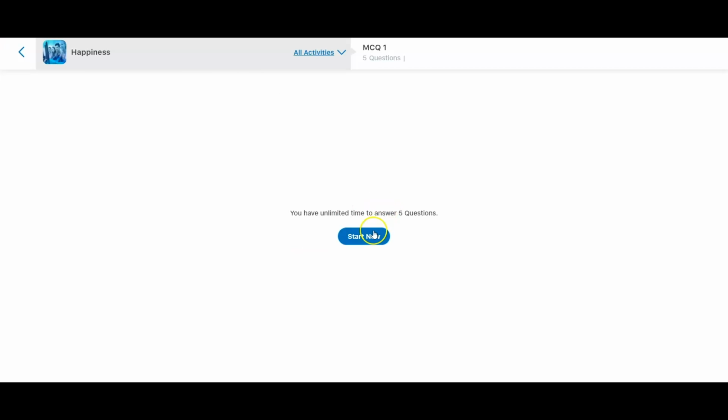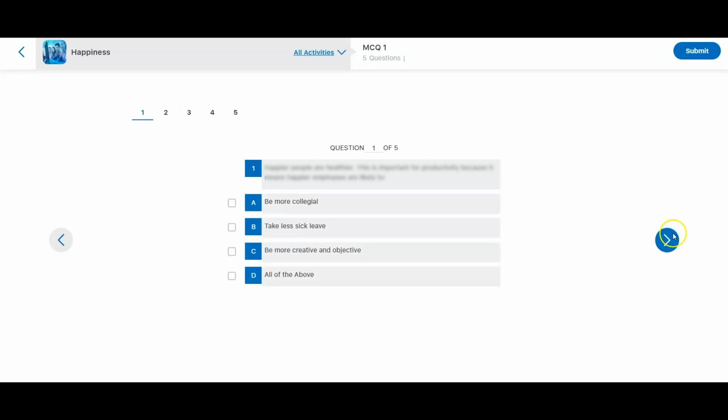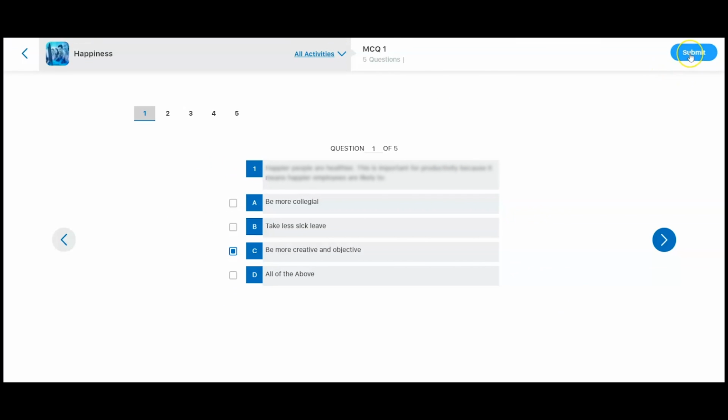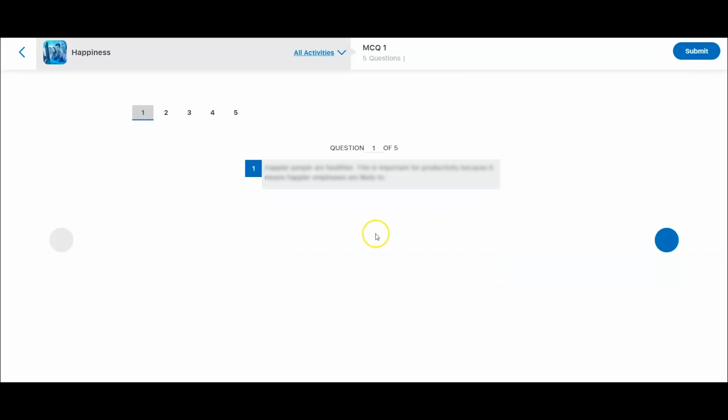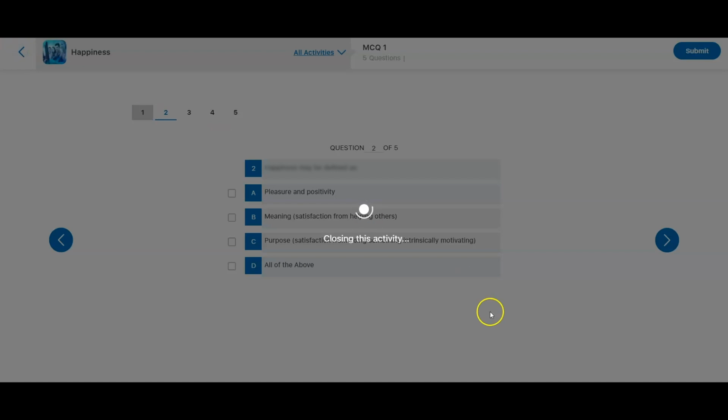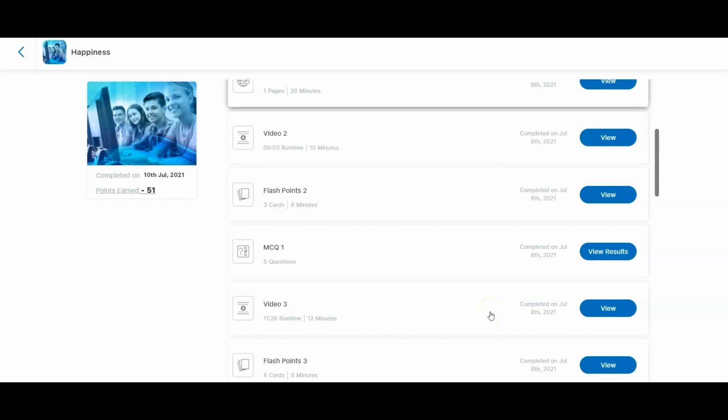The quizzes are all comprised of multiple choice questions. You can simply select the correct answer and click on Submit. Please note, you will have to answer all the questions before you submit the quiz. On clicking Submit, your answer will be recorded and your score will be displayed. If you have failed the quiz, you will have an option to reattempt it.